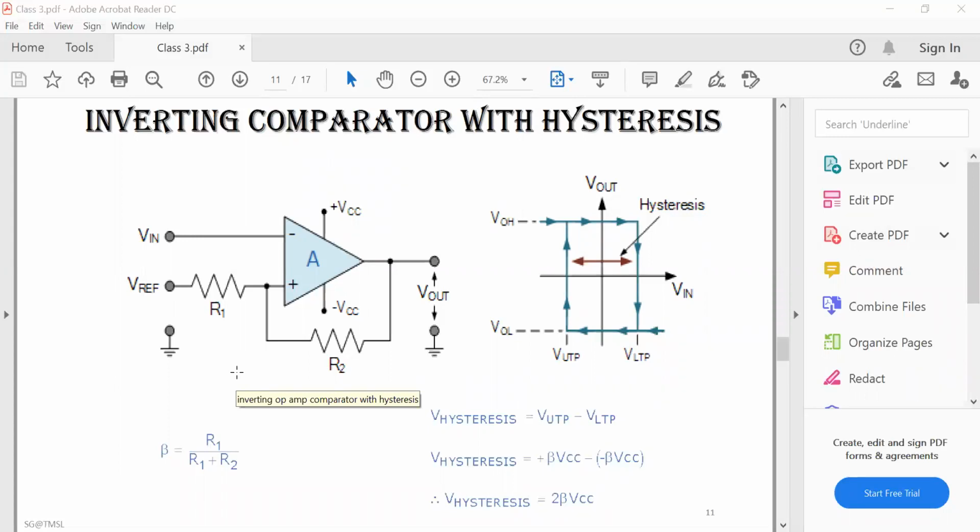After plus Vsat is set, this will keep changing, so I have to keep calculating V reference. Okay. So now, as the input signal Vin increases, it becomes equal to this upper trip point voltage level. Now this causes the comparator's output to change state, becoming low, VOL, and equal to the